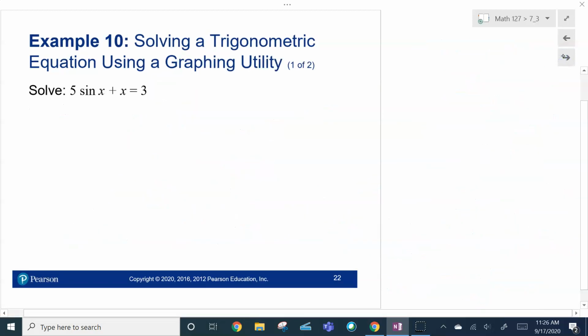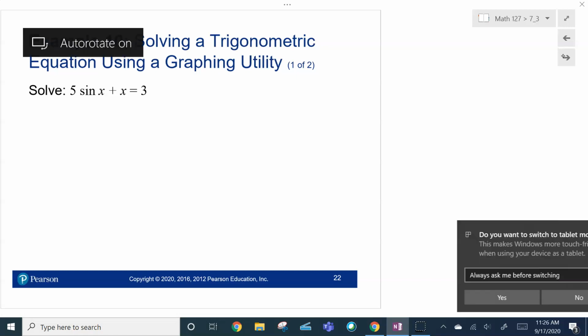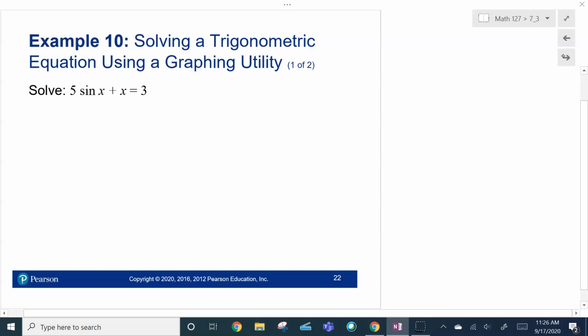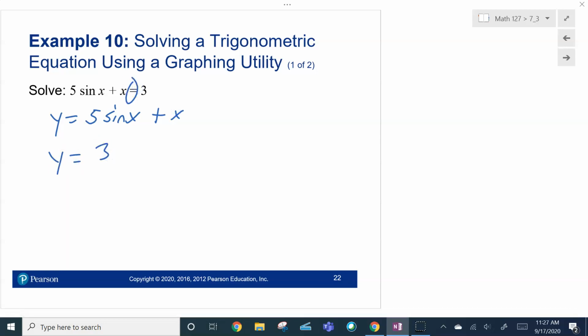All right, how about this one? 5 sine x plus x equals 3. Now this one, you really must use a graphing utility. So I'm going to pause, and before I do that, what I'm thinking about is I'm going to graph this, and I'm going to graph the other side, and I'm going to see where they're equal. In other words, where's their intersection? So 5 sine x plus x,